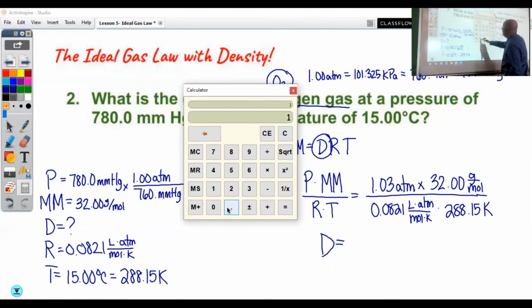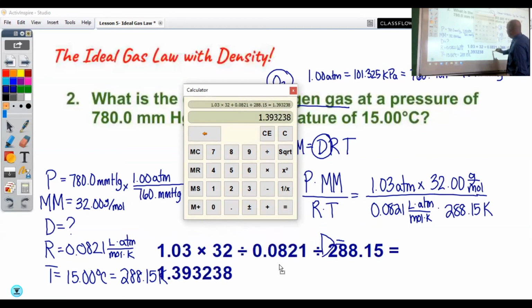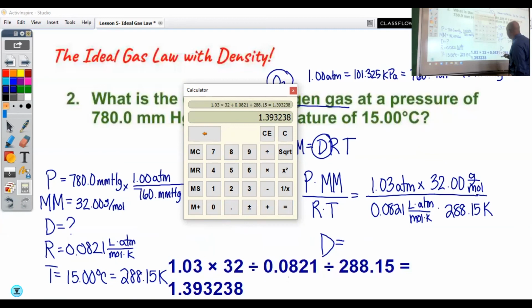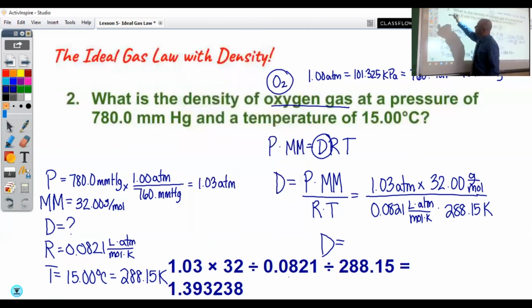On top, I'm going to type in 1.03 times 32 divided by 0.0821, and then also divided by 288.15. I'm just going to pull this out so you can see what I typed into the calculator. So we wind up with an answer here, and we have three significant figures, so 1.39 grams